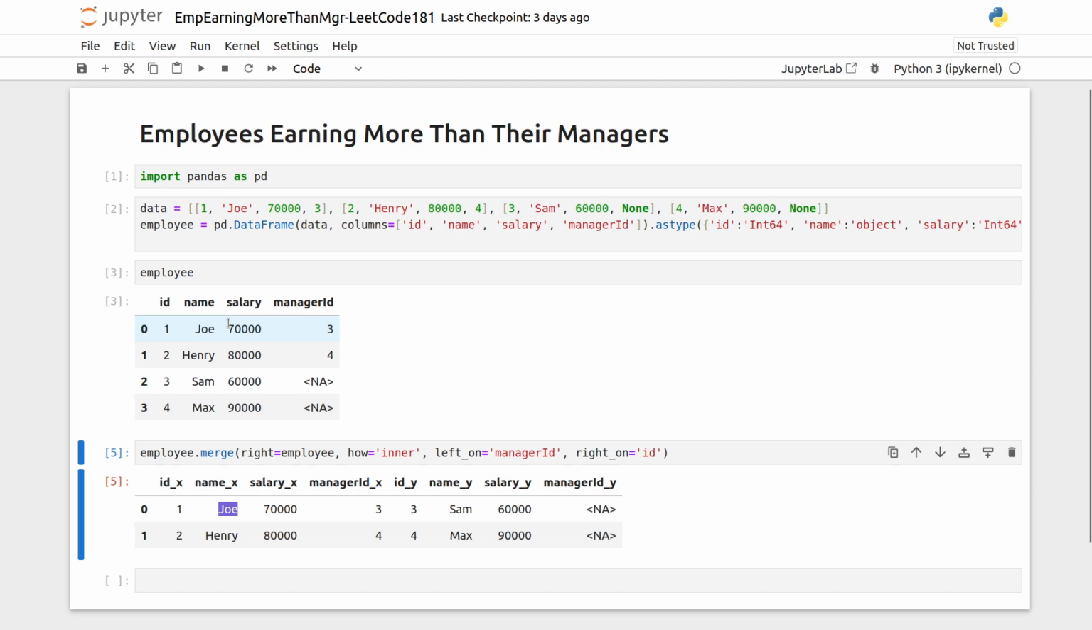Whereas Joey has a manager ID 3 which represents Sam. As you can clearly see, Joey's manager is Sam and Henry's manager is Max. Okay. Now, the other thing that I want to do is I do not like these suffixes underscore x for